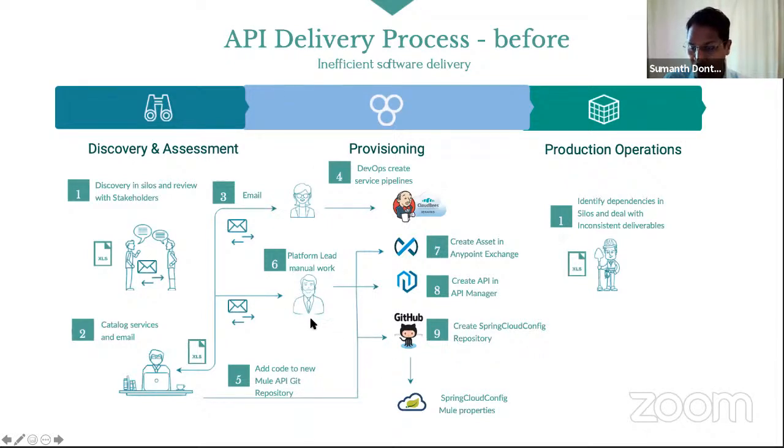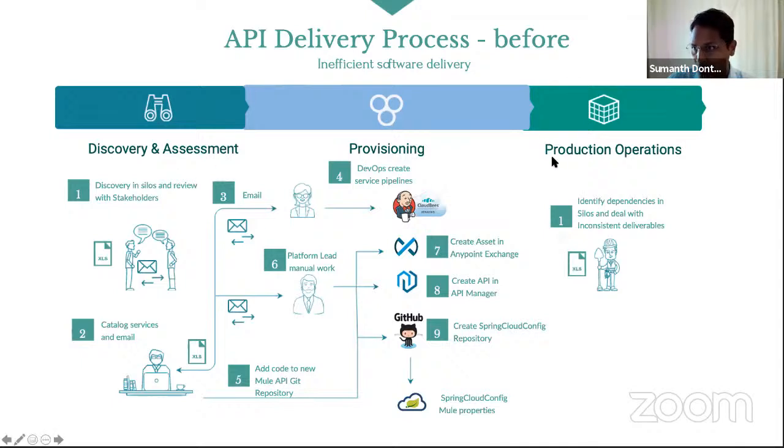So all of that used to be done by multiple people. The platform engineer was also doing it. The developers were doing it. They were creating repos. It was really hard to manage these at scale because we have different teams, different vendors. There were no consistent standards or enforcement. And production operations had a lot of challenges with that, because now they have to understand the dependencies, because all this information is buried in emails and there's no context. They used to rely on whatever information we shared, and again they have to deal with all the troubleshooting aspects of it.